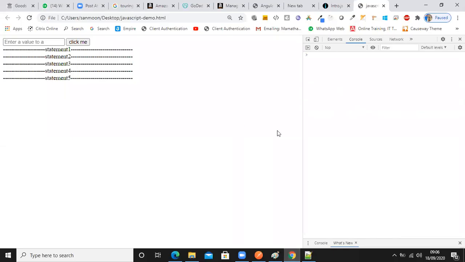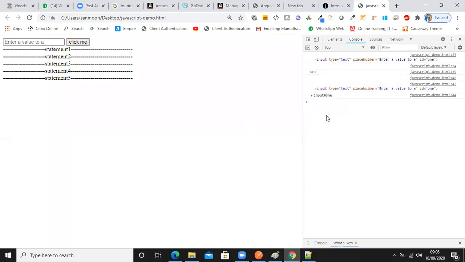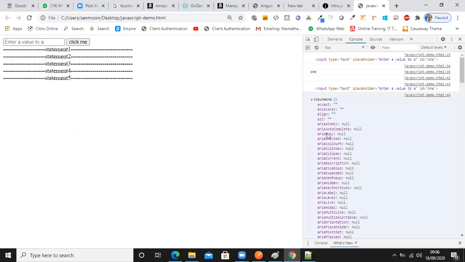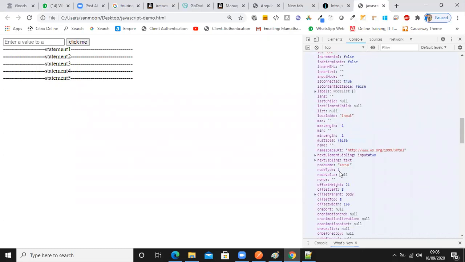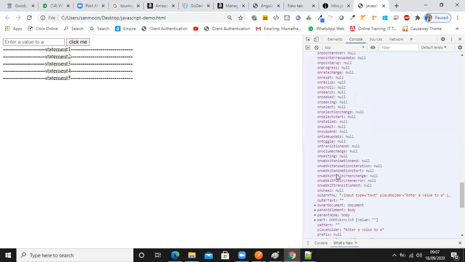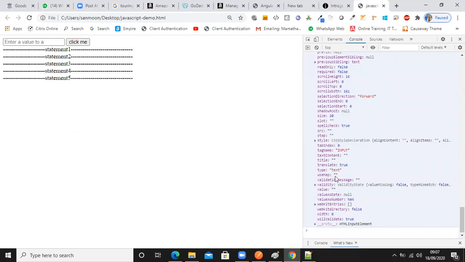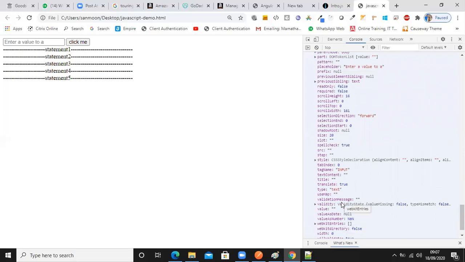Okay, so I'm running it and you'll see now. I'm clicking on that. Did you see something here? This is console.log, a normal tag. Now if you see here, it is not a normal tag. You open it and you can see what all things are there. How many things are there? You used one thing among them, which is value. There are so many properties and behaviors. Among them, you just used only value. Did you understand now what an object is?